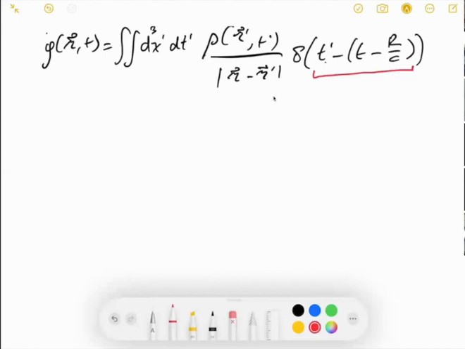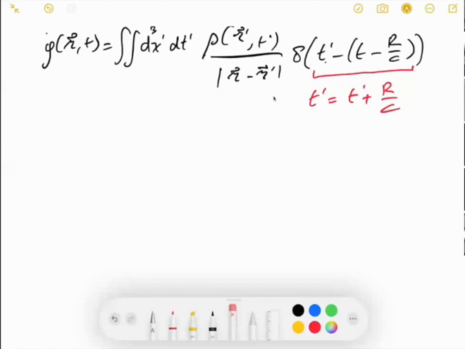So I just want to label it. The delta function is selecting those parts where this is 0, right? So that means where t prime is equal to t minus r over c,